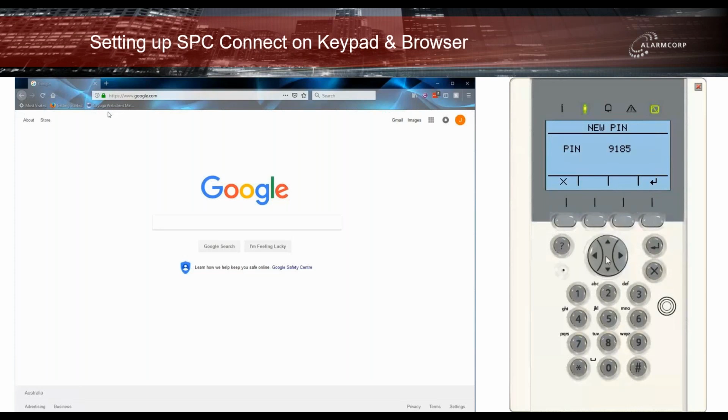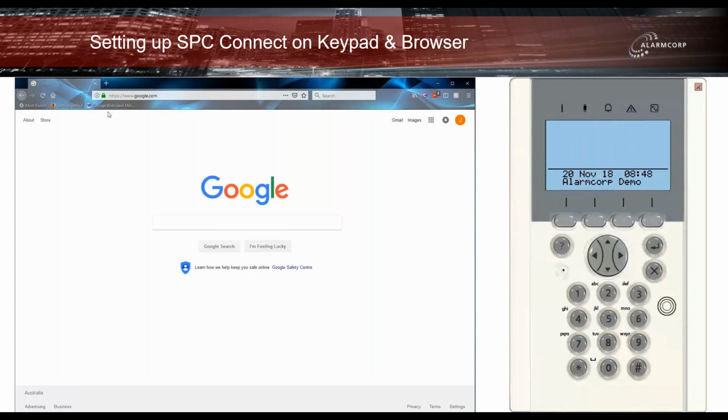And we can select the pin that's programmed here, or we can type in our own. So in our case, we'll make it 7777. Once we've done that, we can see that it's been created. We can exit from the menu. So now we have the registration ID and a valid user on the system that we're going to put into